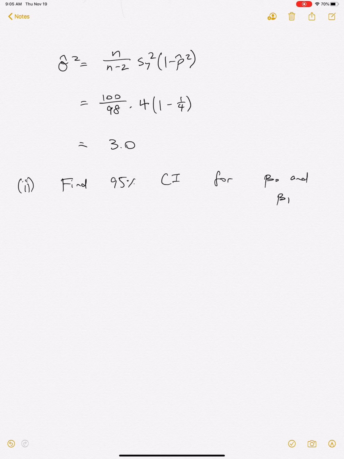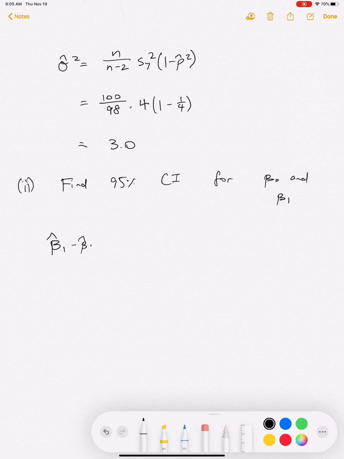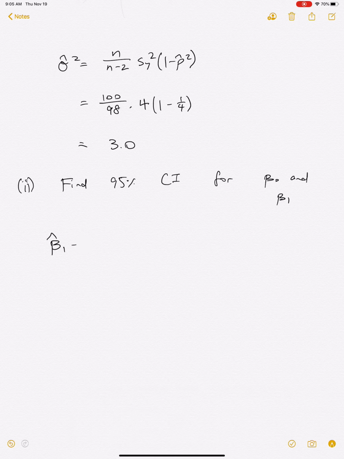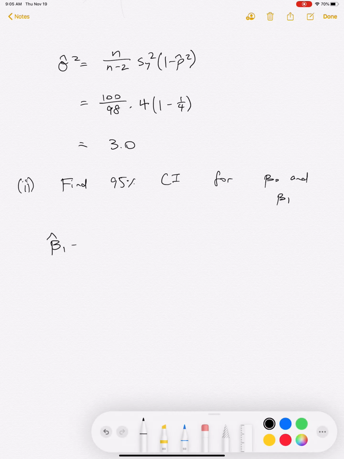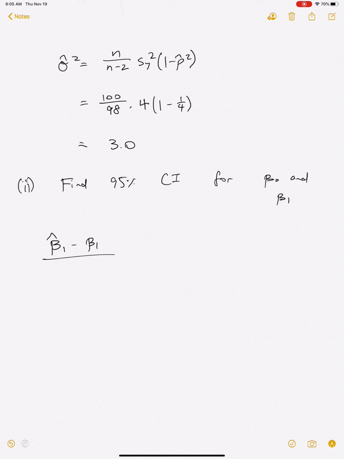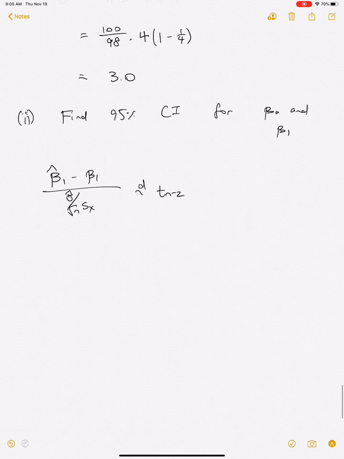So we know that (beta hat 1 minus beta 1) divided by sigma hat over square root of n times sx is t n minus 2. So what that means is that